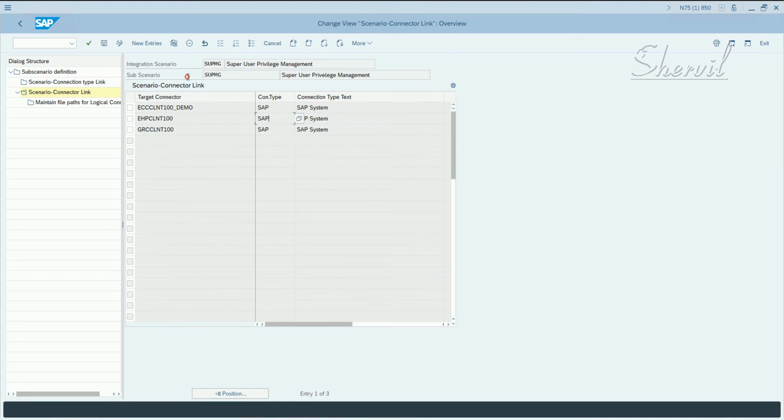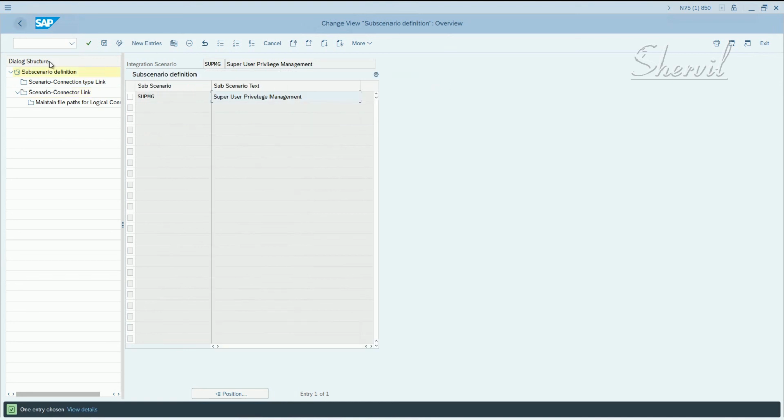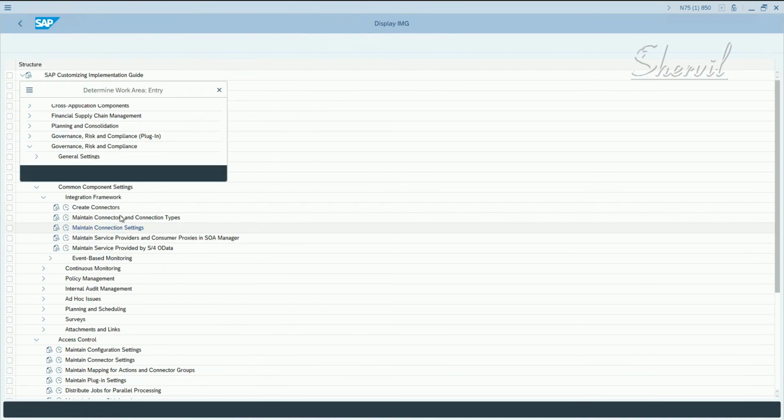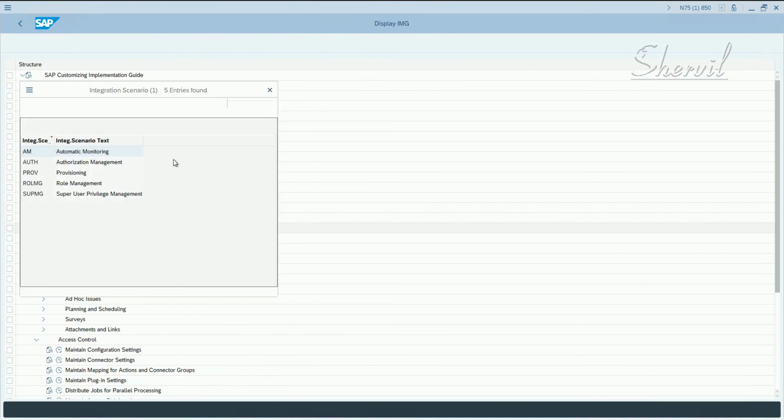Now you have to do this for the remaining scenarios also. So what are the other integration scenarios you have? You have one integration scenario for risk analysis, which is BRM. PROV is for access request management, and ROLEMG is for BRM.